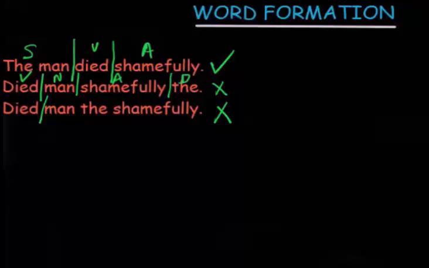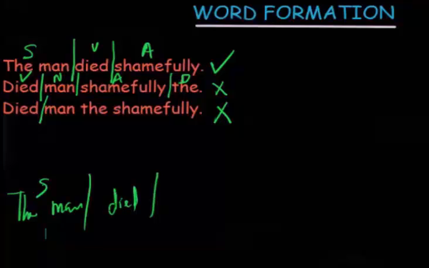Now, for you to have the subject of a sentence, you must have a noun. A noun must form the head. You must have a noun phrase, and the noun phrase must have a noun. So the man in sentence 1 is the noun phrase and it is the subject of the sentence. We're going to be treating that when we look at parts of speech. So we have the man, then the verb must now come in, which is died.